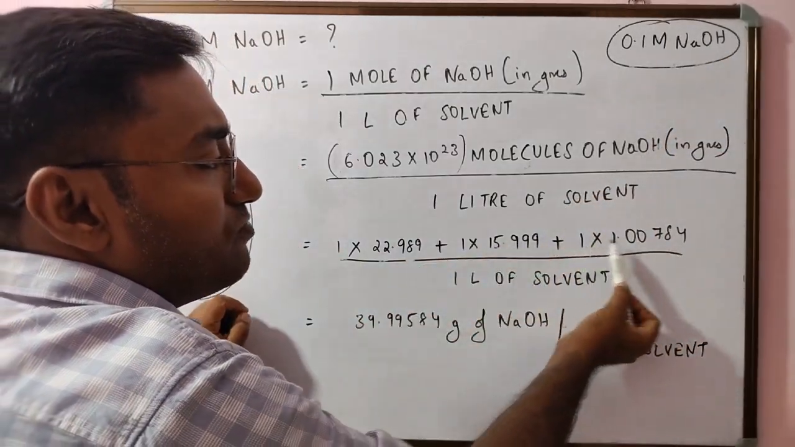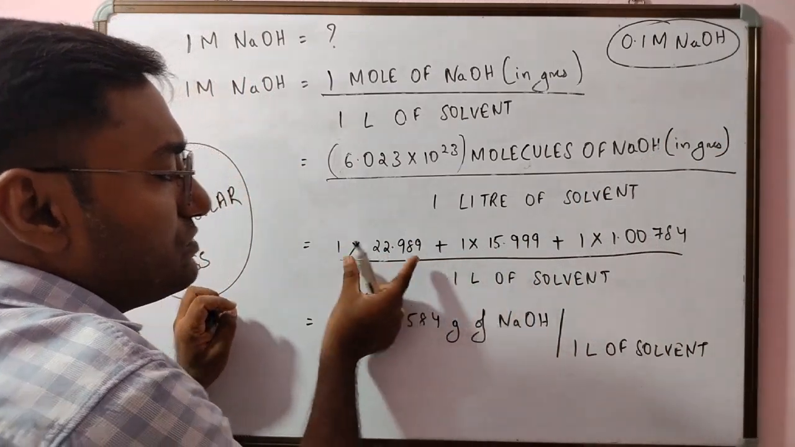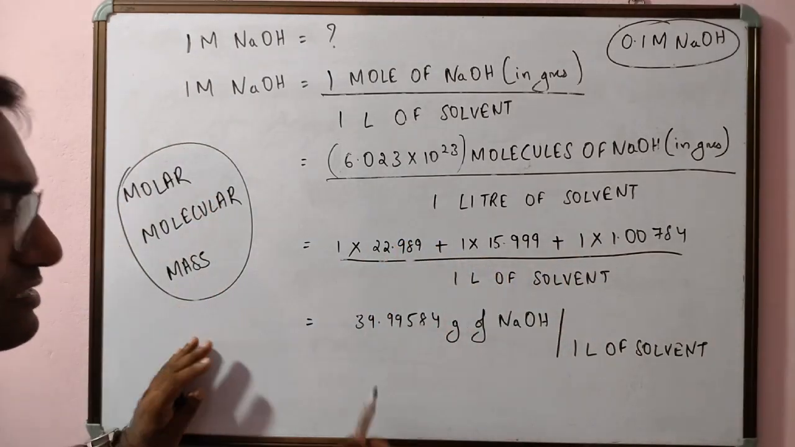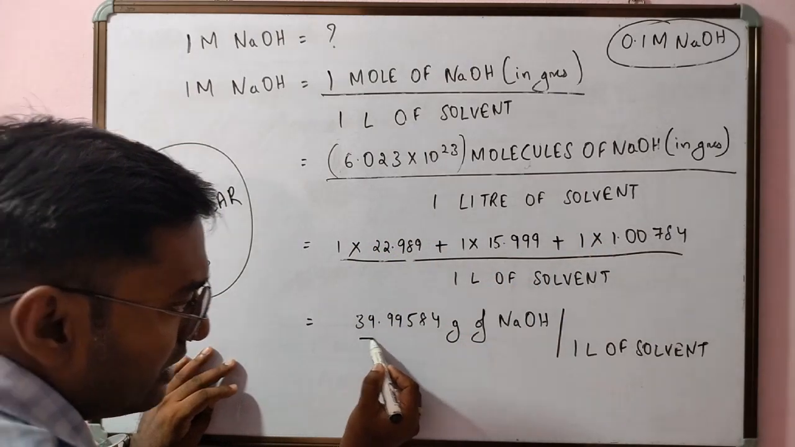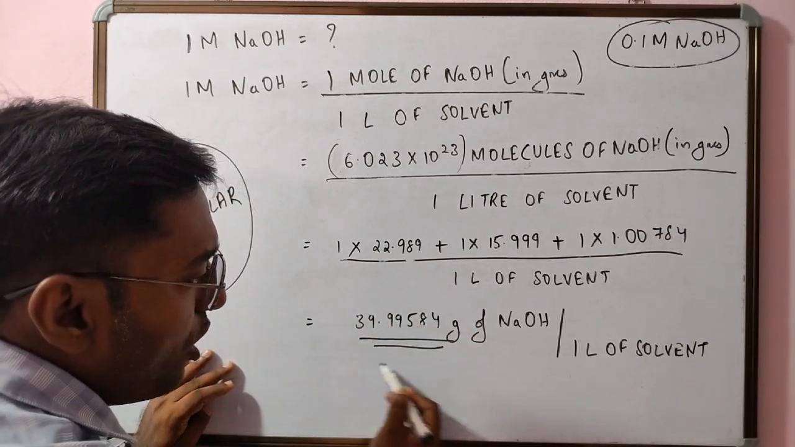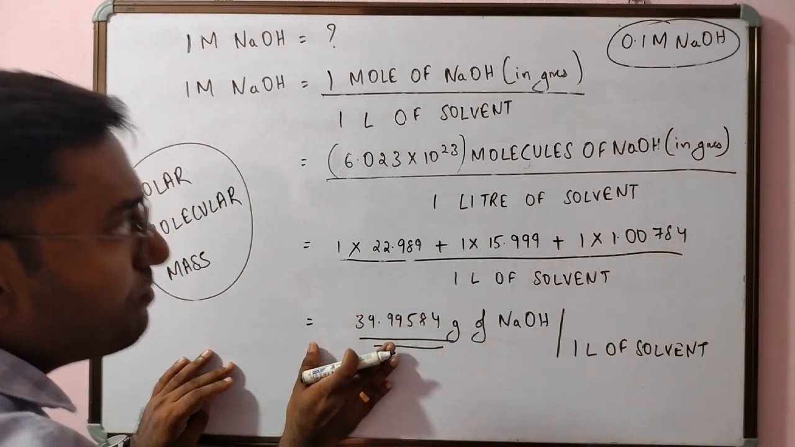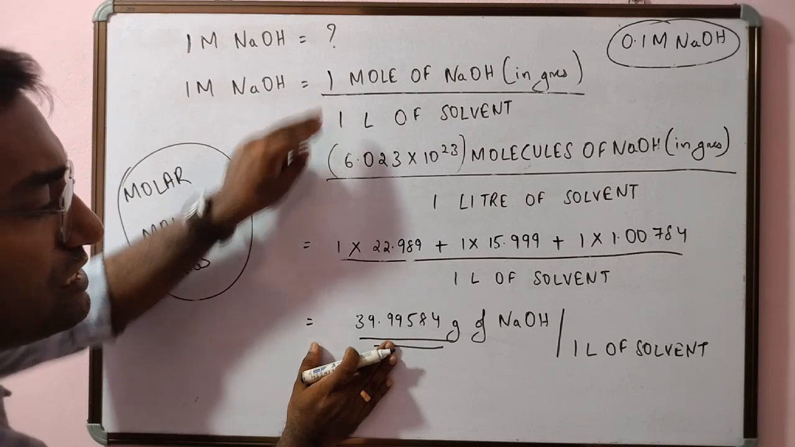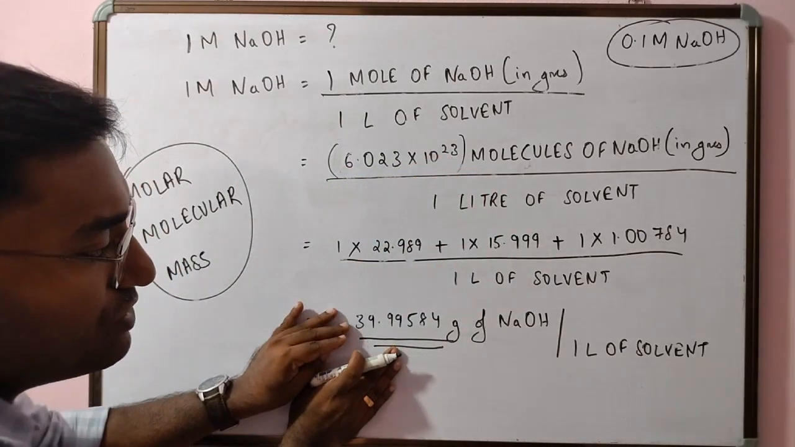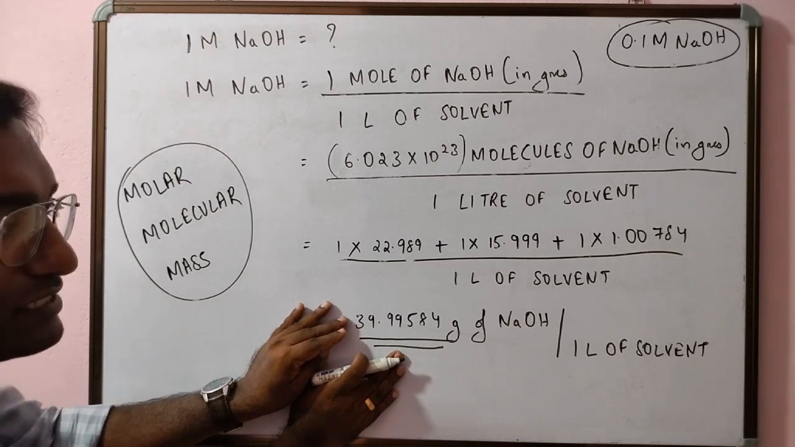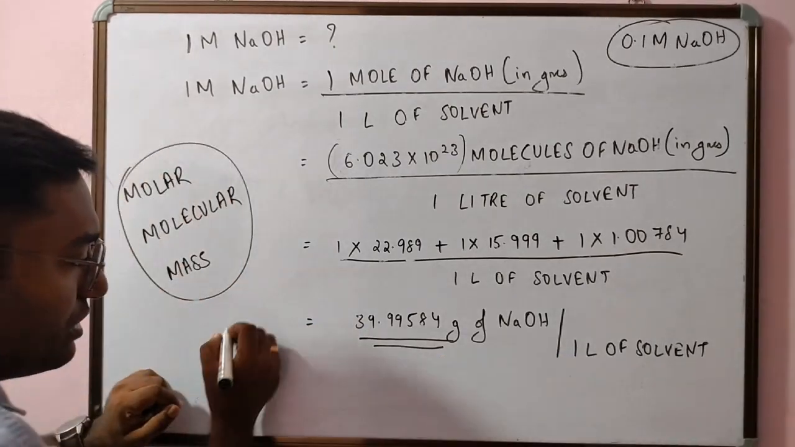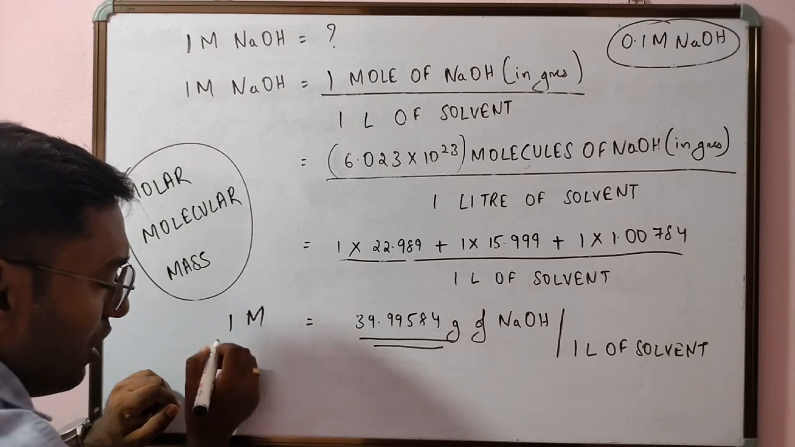So this represents the number of moles and this the atomic masses. First we multiply and then we add up the multiplied values. This gives us this figure, which is 39.99584 grams. This is the molar molecular mass of NaOH. This is the mass of 1 mole of NaOH. This is the mass of 6.023 into 10 raised to the power 23 molecules of NaOH. And this much mass, if dissolved in 1 liter of solvent, would give you a solution of strength